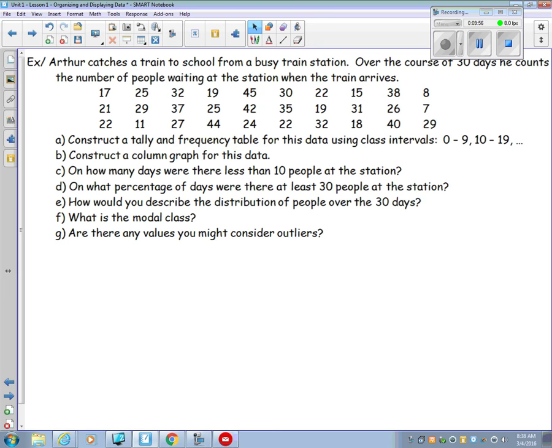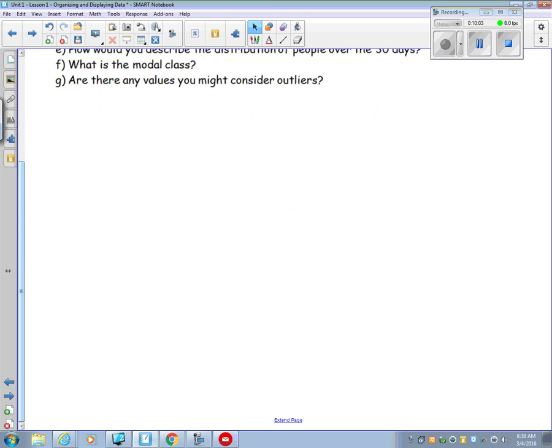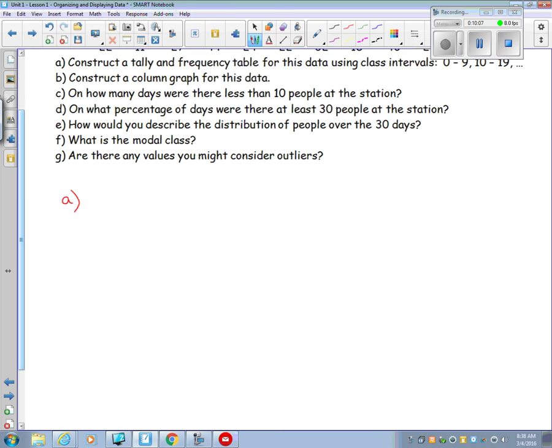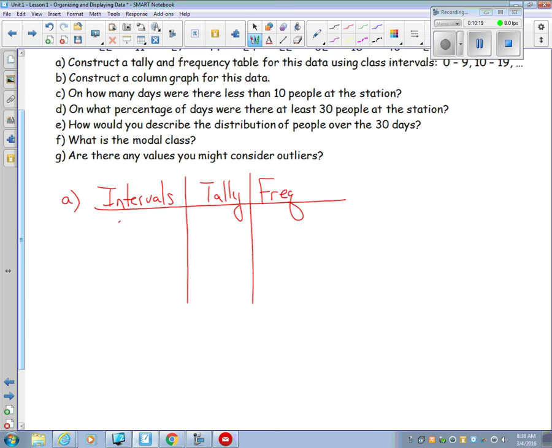Okay, we're going to construct a tally and frequency table for this data using these intervals. So where do we start? Well, part A here, we need intervals, we need our tally, and we need our frequencies. And they told us they want to start with 0 to 9, 10 to 19, 20 to 29, 30 to